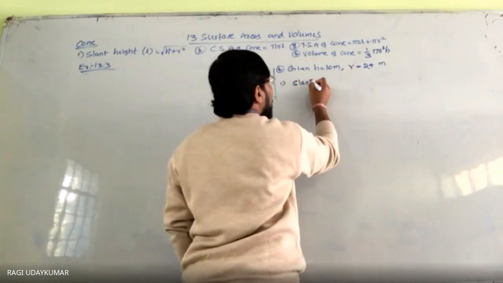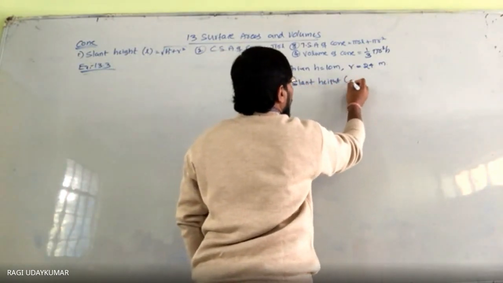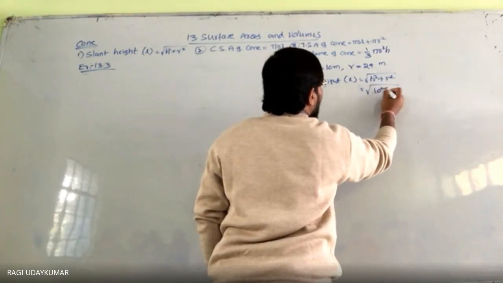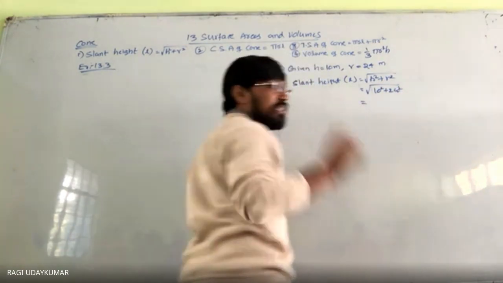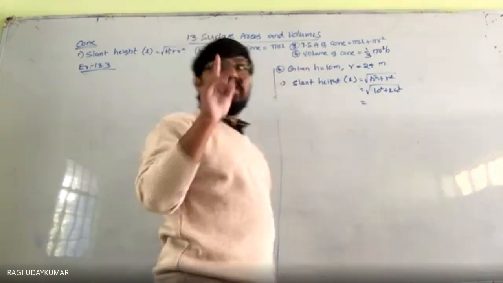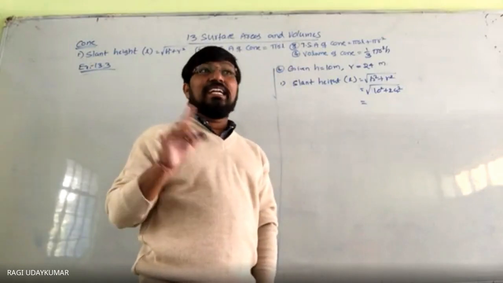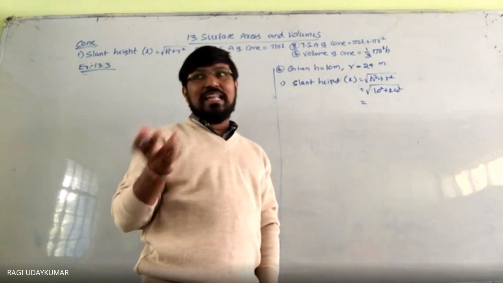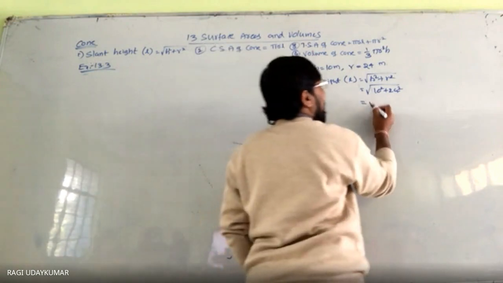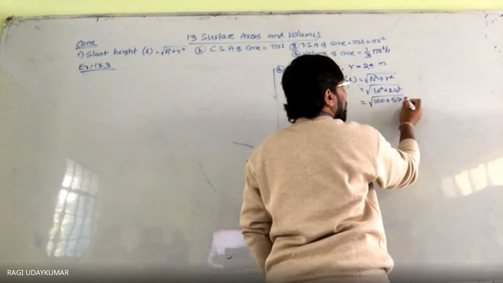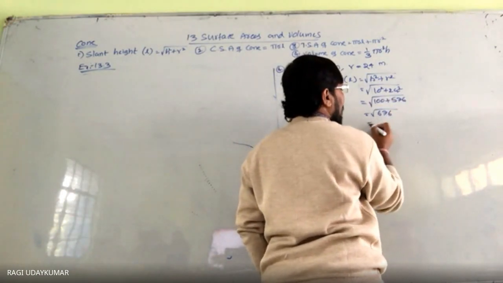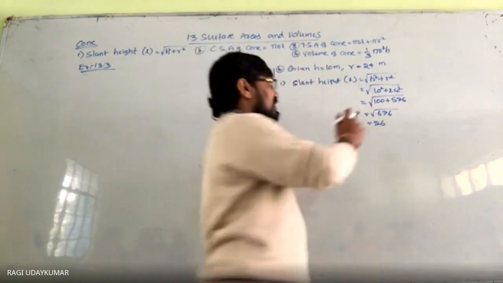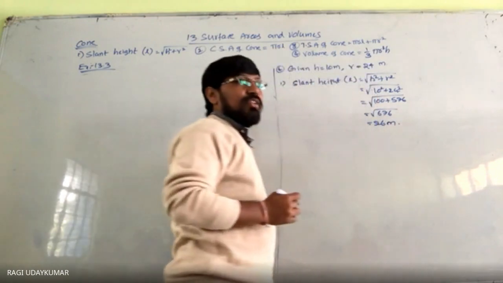So slant height l is equal to under root of h square plus r square. So under root of h square plus 24 square, which is equal to 10, 24, 26. 10, 24, 26 are the Pythagorean triplet. Pythagorean triplets भी याद रखना है. थोड़ा सा आप लोग मैथमेटिक्स स्टूडेंट्स थे. मैं already I told you previously. You can calculate it, but whenever you see that in the mind, you need to get it. This is equal to 676. You get it. 10, 24, 26 are the Pythagorean triplets. So 26 meters is the slant height you are going to get.